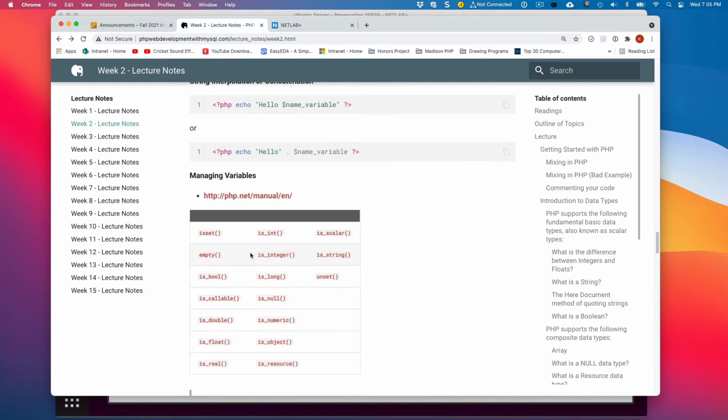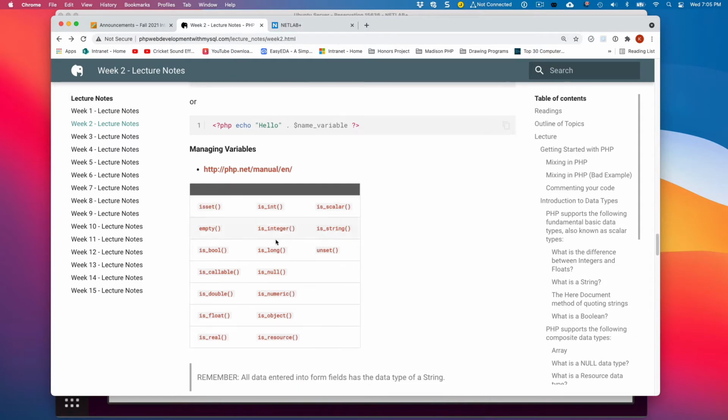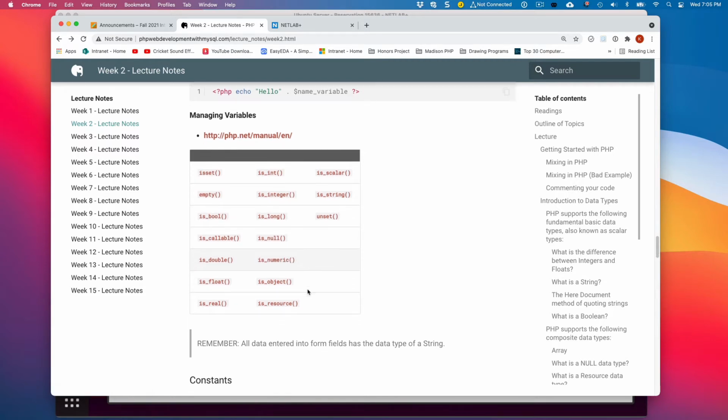Moving on, because PHP is a dynamically typed language, we have some functions that we can use for managing our variables. So for example, something you need to remember is all data entered into form fields has the data type of string. You learned that last semester in JavaScript.